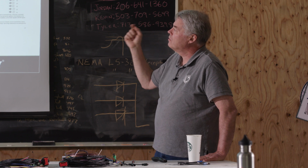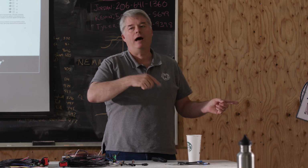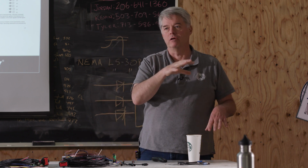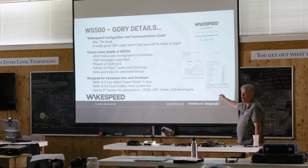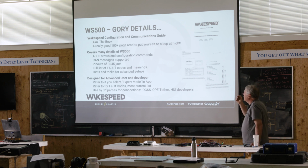The other purpose of this is all the fault codes. We've got user guides that have a summary of fault codes, but all of the gory details and every single one of them is listed in here. I just go straight to this document. For the user guide, we kind of cherry pick the ones you're most likely to get. You go to this. When we add new faults, they'll be documented in here. We also have the third-party connections that we use in terms of,